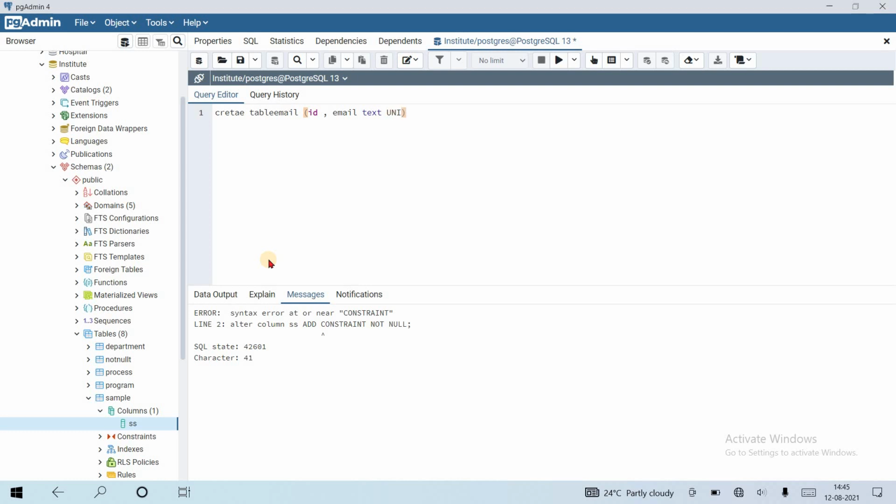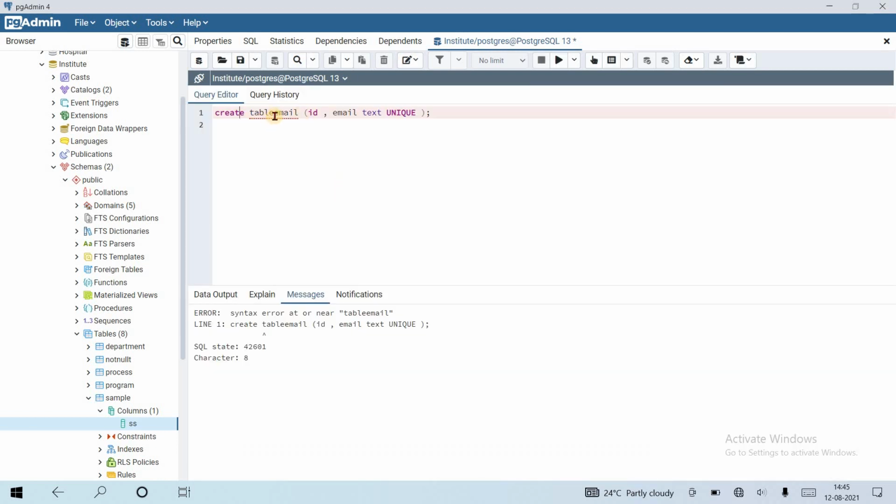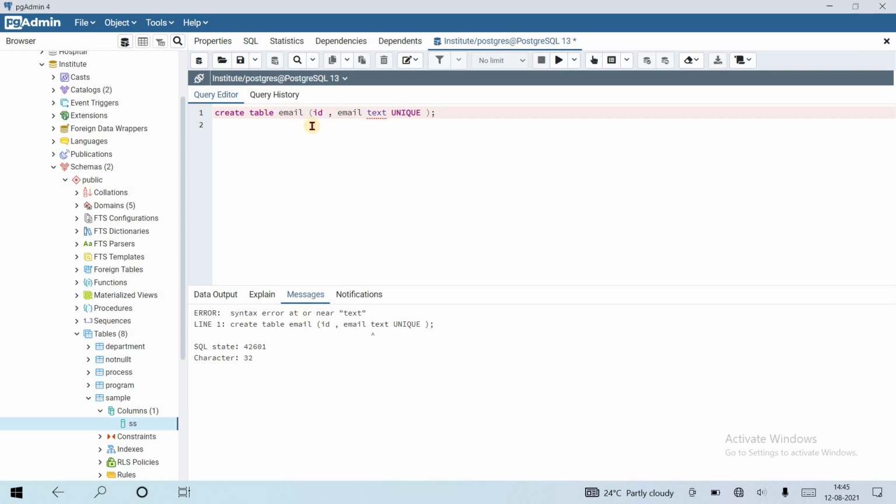This unique keyword makes all values in the column unique. Let's run the query. Create table email_t, id text, email integer.